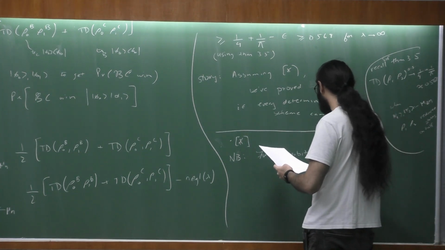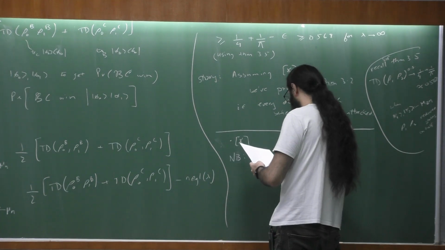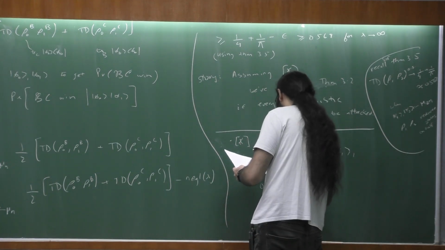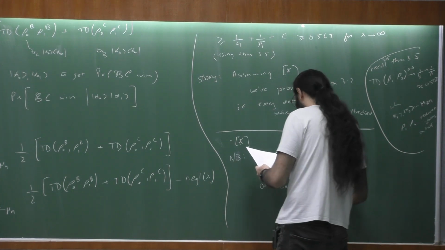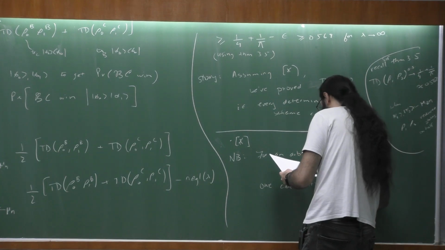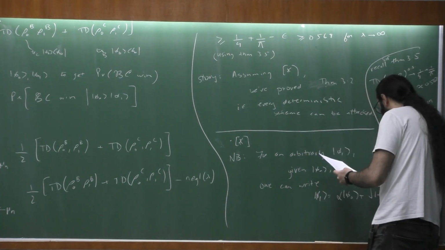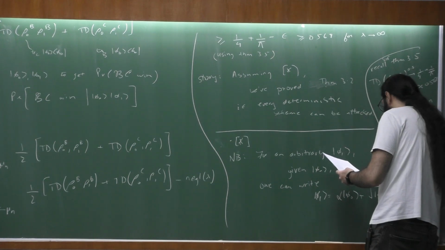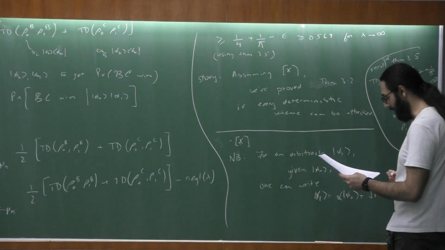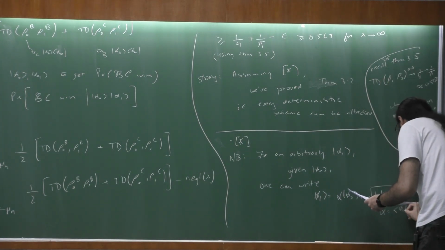So for an arbitrary phi 1, given phi 0, one can write phi 1 as alpha phi 0 plus square root of 1 minus mod alpha squared, phi 0 perp. Right, that's just by Schmidt decomposition, where alpha is just the inner product of phi 0 and phi 1,